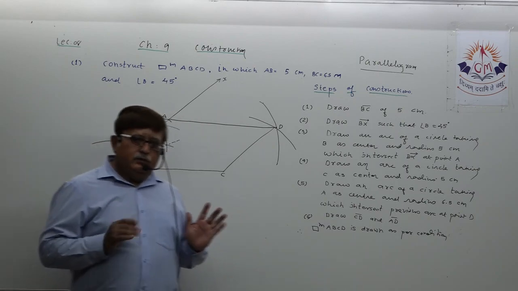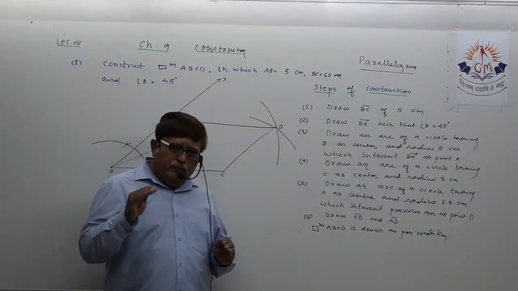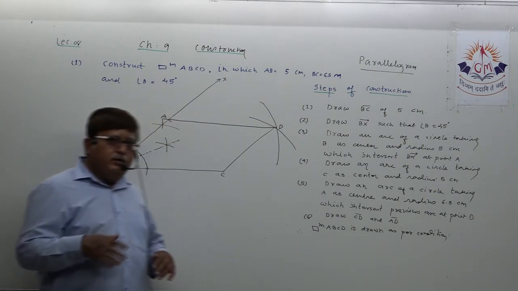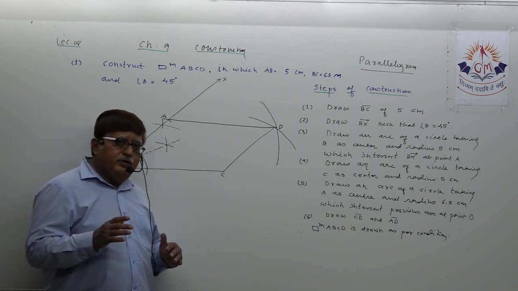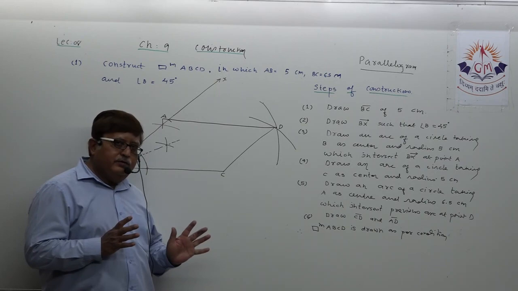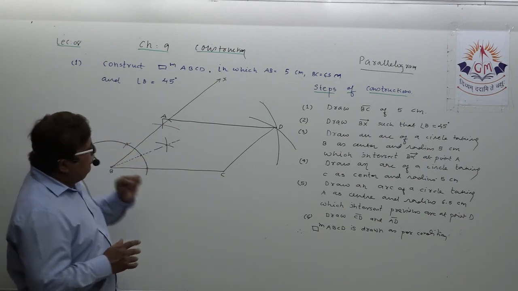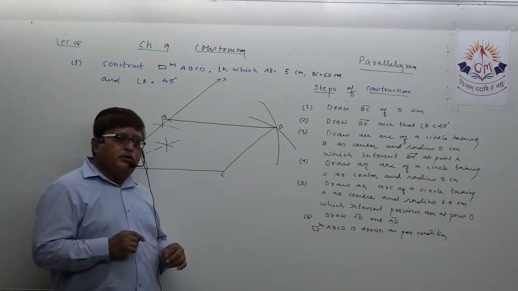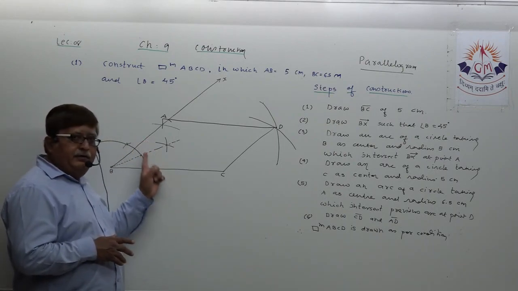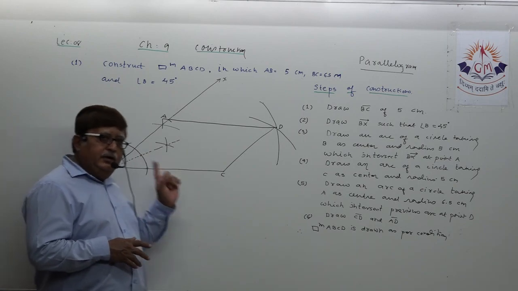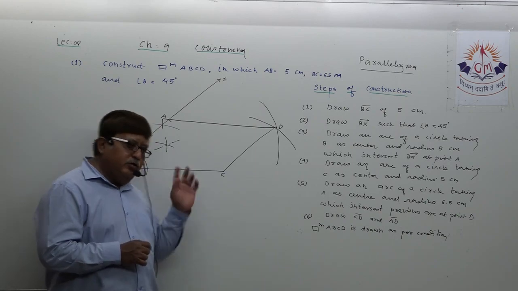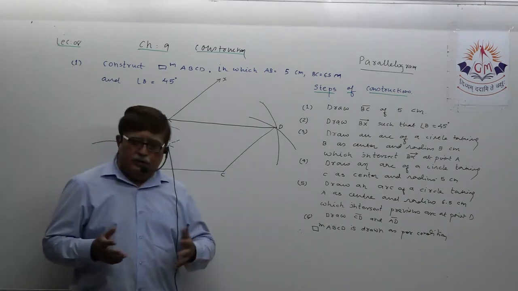So today there are still a few constructions of parallelogram which remain, which involve different types of conditions, but we will target that in our next lecture. In today's lecture number 8, what we have targeted is the construction of those parallelograms where two adjacent sides are given and the angle between the adjacent sides is given. Okay, dear students, so practice it. Okay, thank you very much.